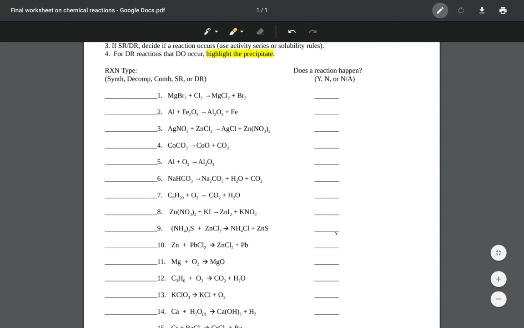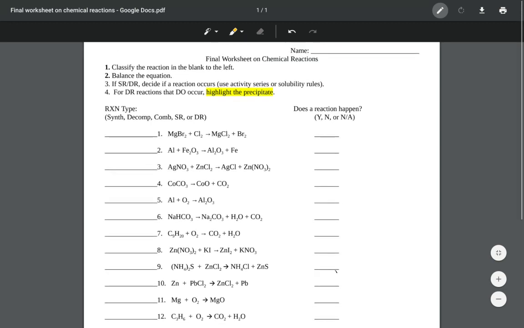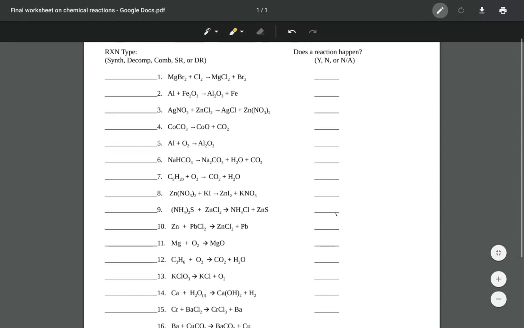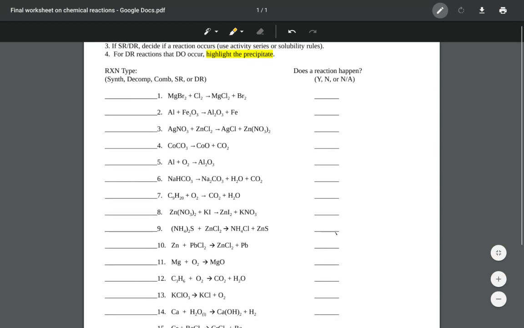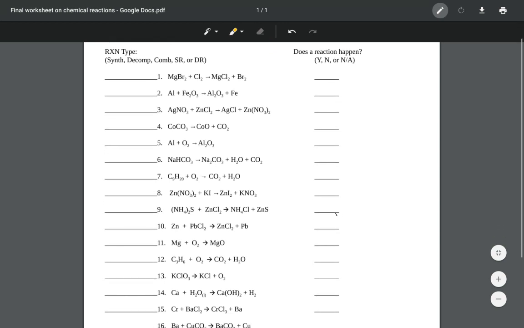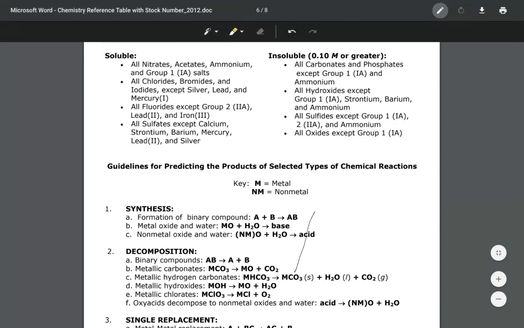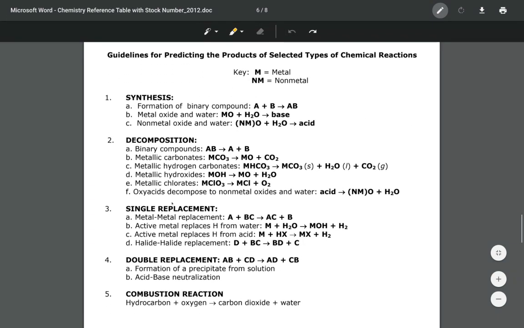Hello, I'm just going to walk you through a little bit of this final worksheet on chemical reactions. A few things to note. So, the first step you're supposed to do is to classify each of the types of reactions. And if you forget how to classify a reaction, you can check on your reference tables, and you'll find on